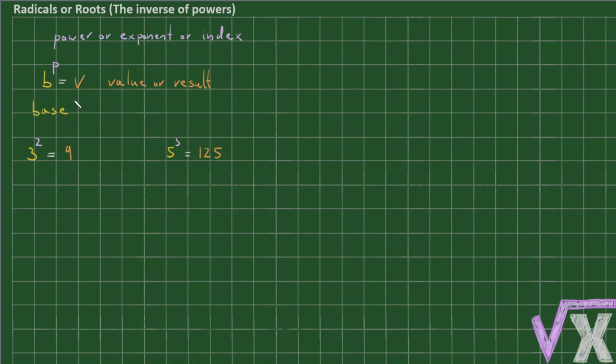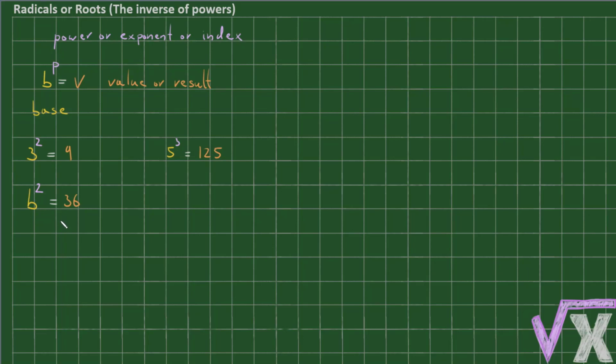But what if I want to figure out the base? In other words, what if I have been given the value and the power, but I have not been given the base? So for example, I might have some unknown base that is going to be raised to the second power, and when all is said and done, that will give 36. Some might instinctively know the solution to this problem, but how do we set it up mathematically?